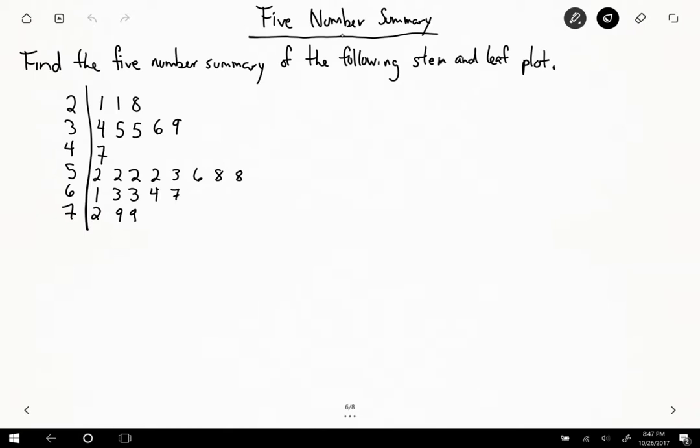Alright, so next part, we want to find the 5-number summary of the following stem and leaf plot. Okay, so we have a stem and leaf plot. What's the 5-number summary? What the heck is that? So a 5-number summary consists of 5 magical numbers. You have the minimum,